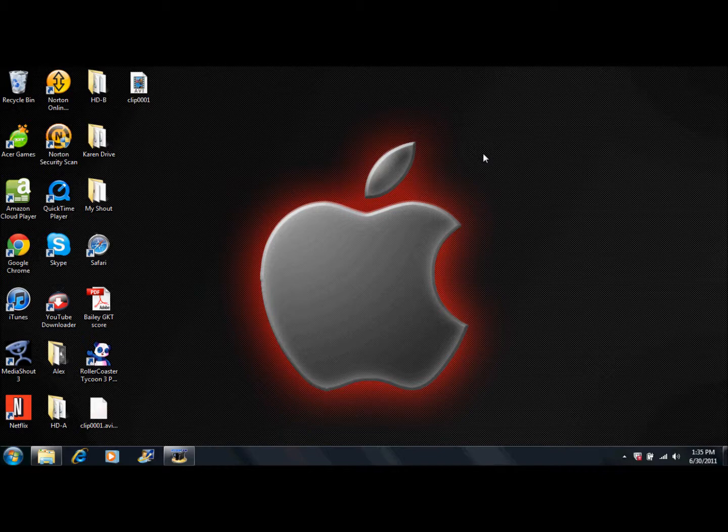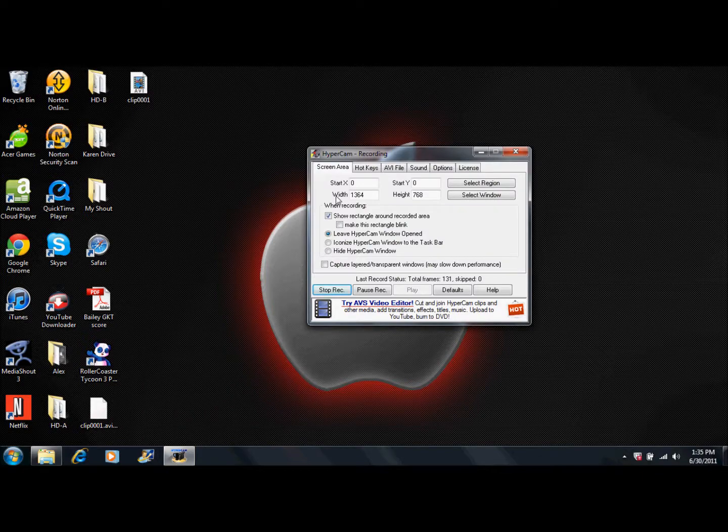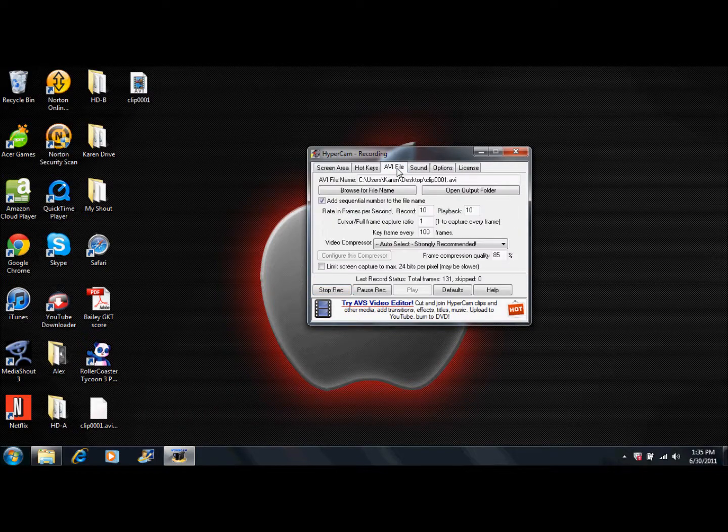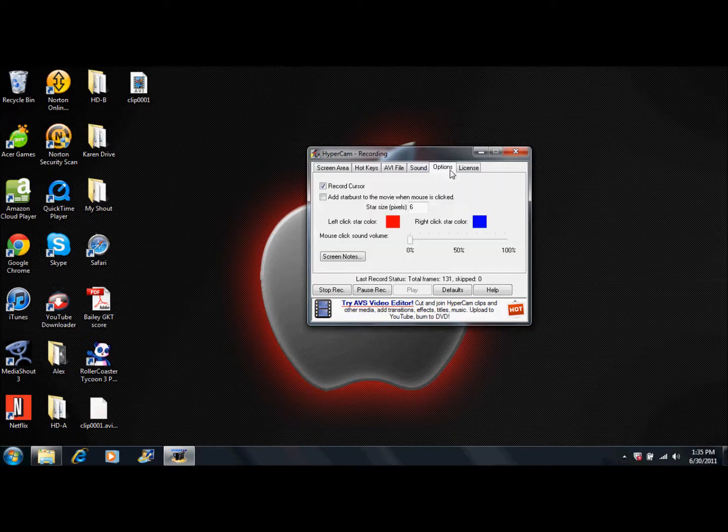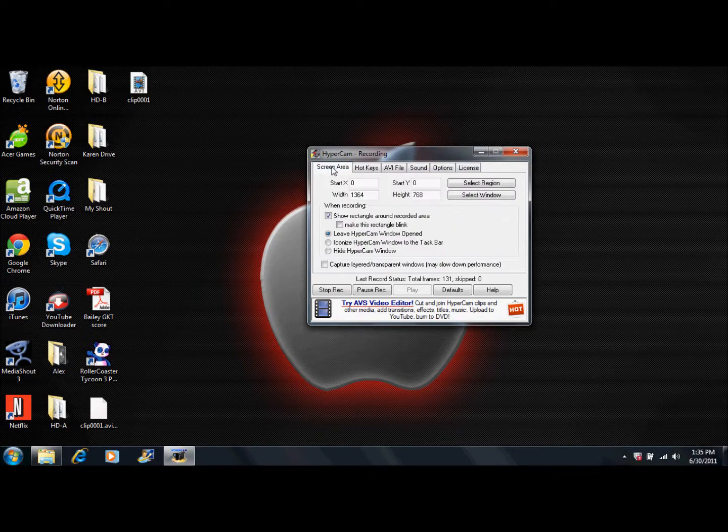For those of you who don't know, HyperCam2 is software that allows you to record your screen, as you can see me doing right now. So what I'm going to do is open up HyperCam and go through some of the features. As you can see, there are many tabs up here to choose from, and I'm just going to go through each one and tell you what it does. But before I do, let me just tell you,